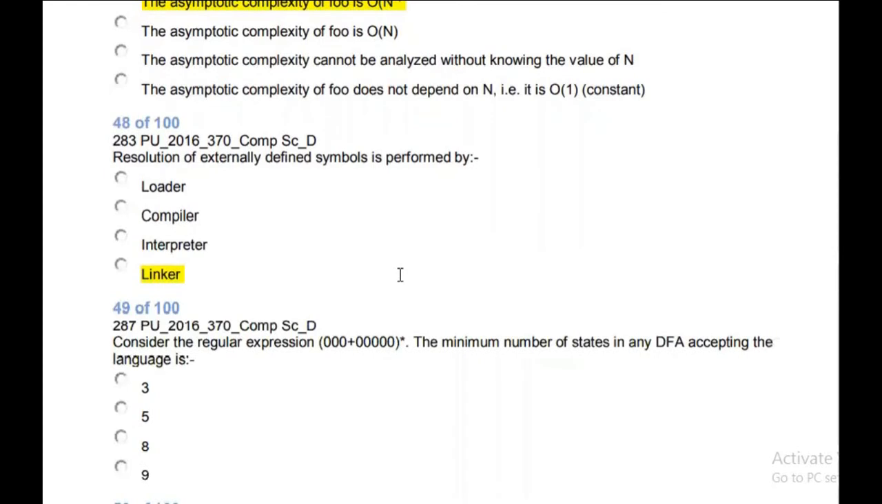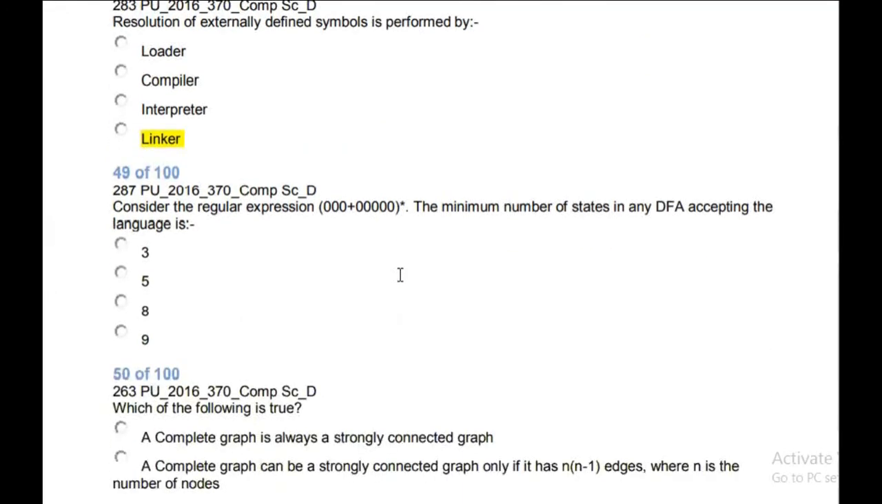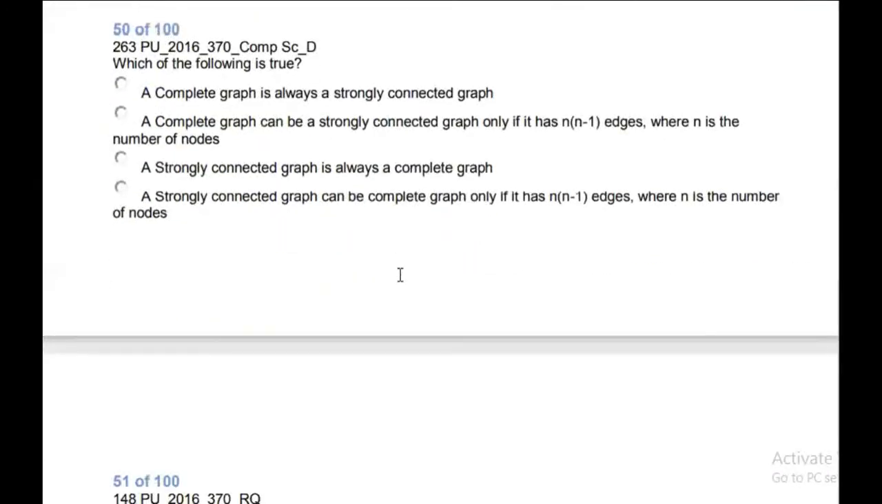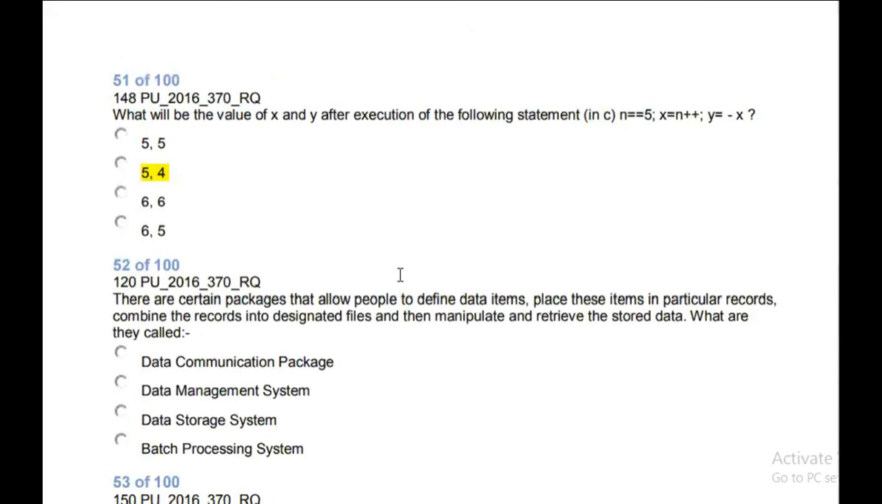Next question. Question number 48. Resolution of externally defined symbols is performed by option D, linker. Option D is the correct option. Then question number 51. What will be the value of x and y after